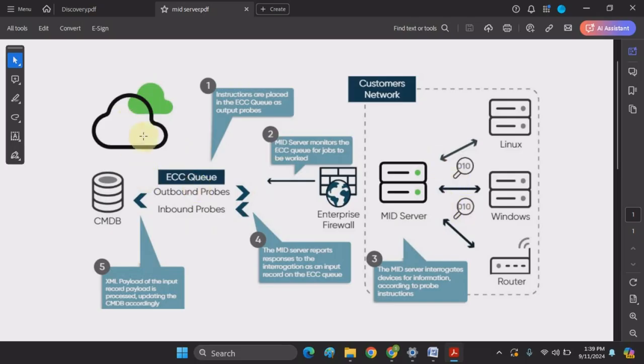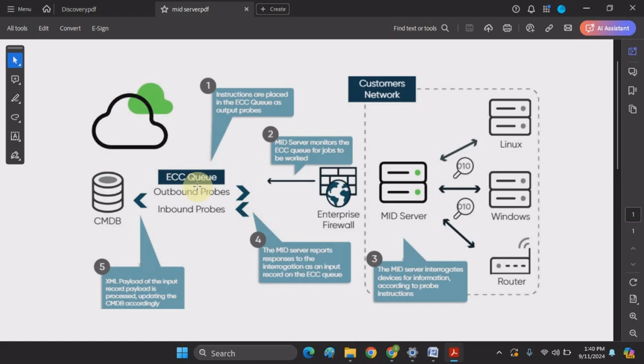They get the instructions from the ECC queue. The MID Server monitors the ECC queue for jobs to be worked, if there are any outbound probes. The MID Server gets the job from the ECC queue